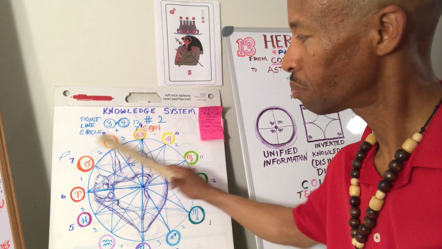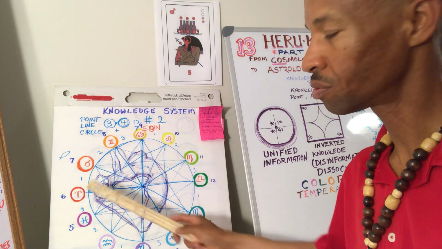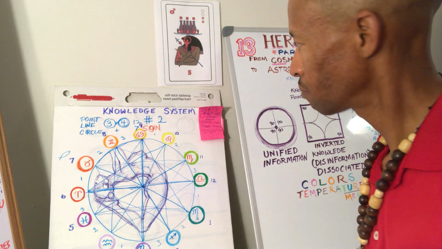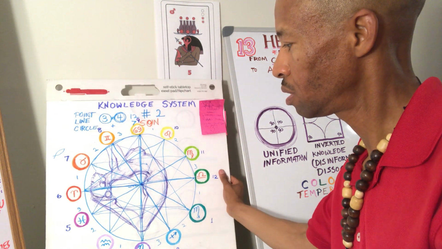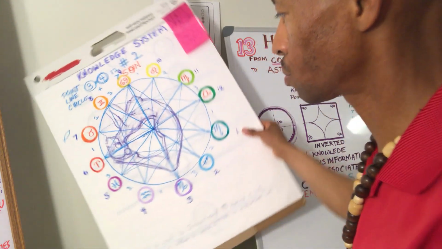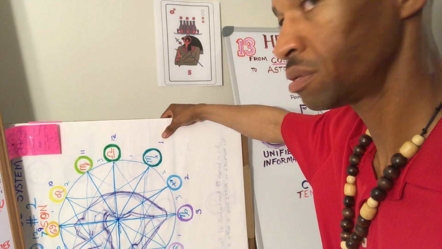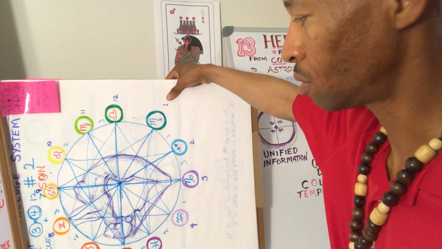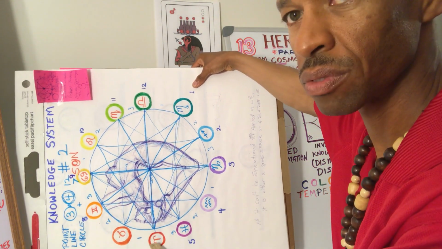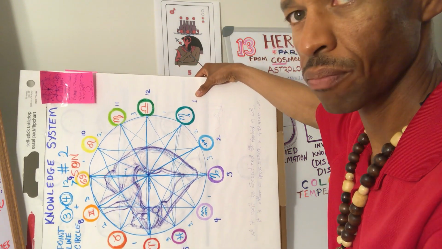I've also superimposed the 12 hours of the day on this circle. And sometimes it's as simple as turning the circle like so,